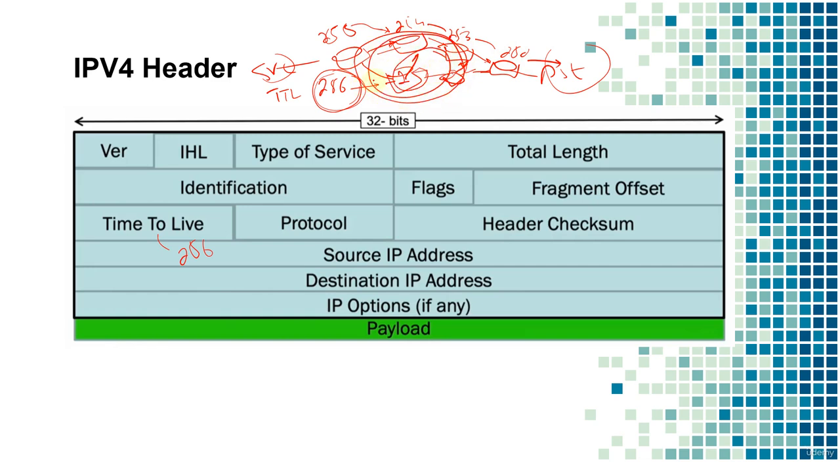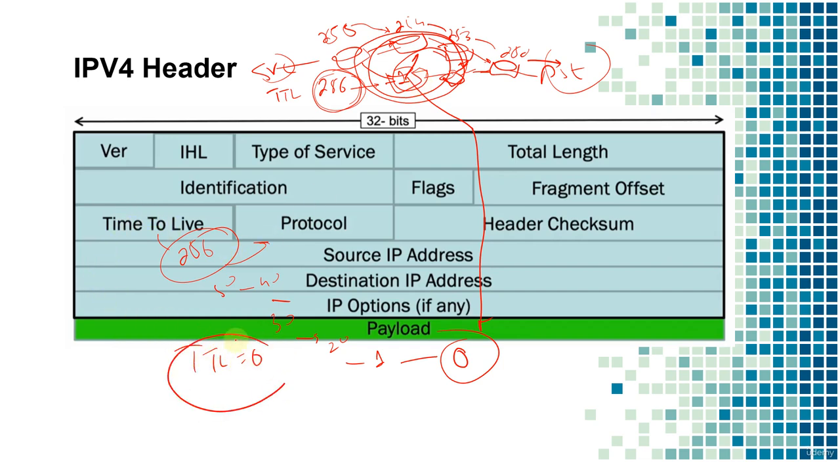Now you can imagine the TTL values will be decremented all the way down, to 50, to 40, to 30, to 20, to 1, and then as soon as it hits 0, maybe at this router, this router is intelligent enough to know that when the TTL value becomes 0, it is going to drop this packet. So this is the mechanism to avoid loops